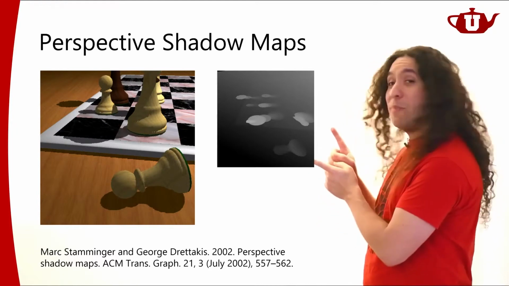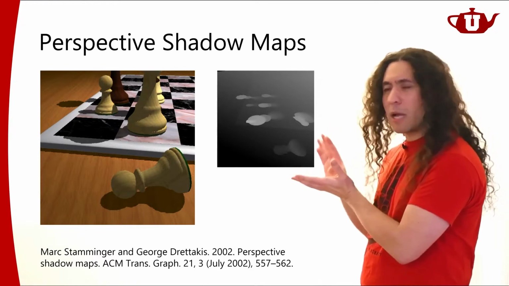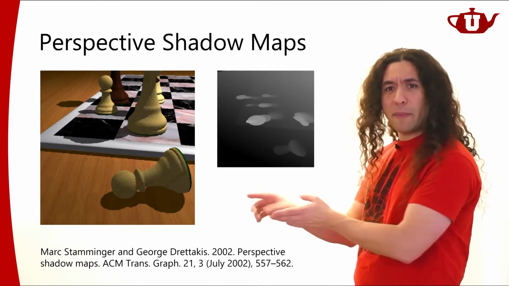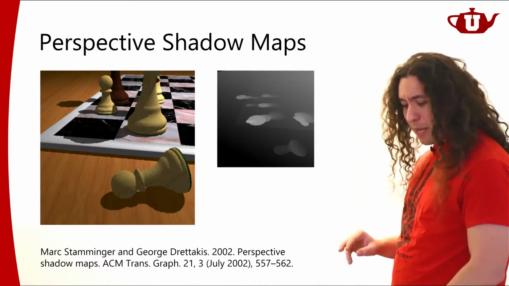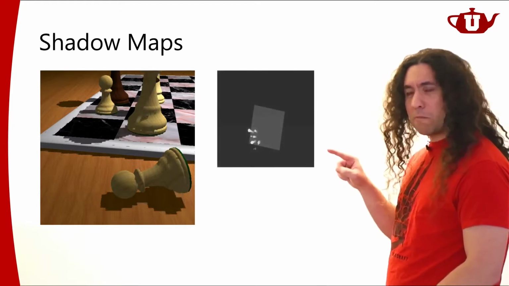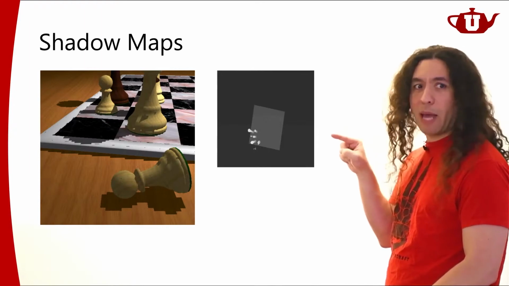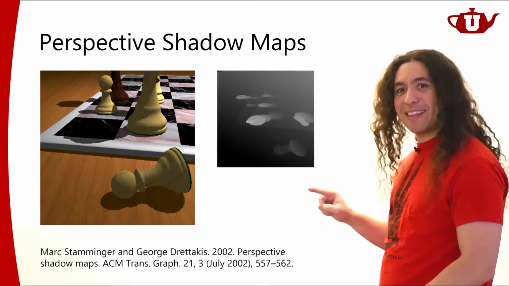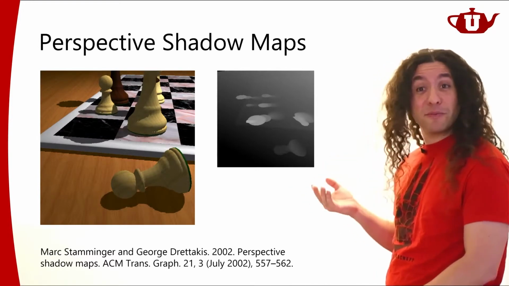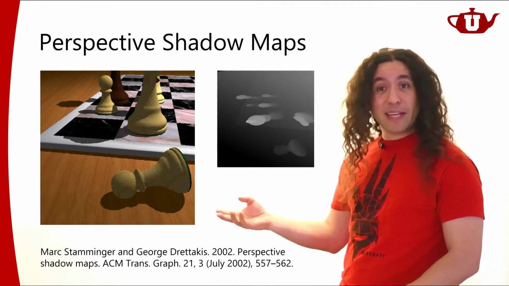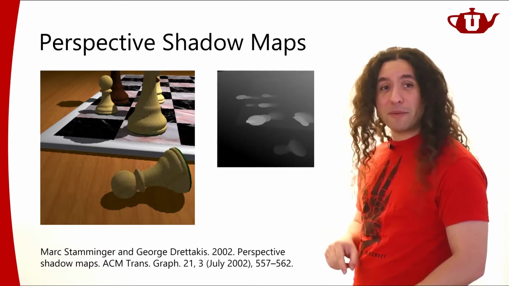The reason why this is much better is that the depth map is kind of looking like my camera view, right? I mean, look at this. They kind of match. If I look at this regular depth map, this is definitely not the camera view. This is the light view. It looks nothing like the camera view. But if I look at the perspective shadow map, it looks very much like the camera view. And this is how I'm getting enough resolution for places that are close to the camera.